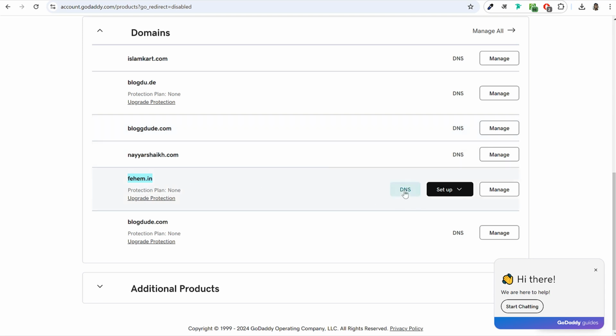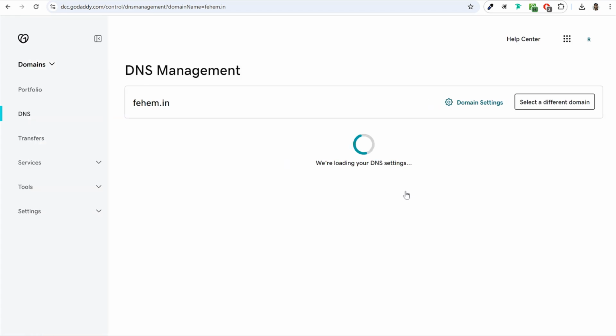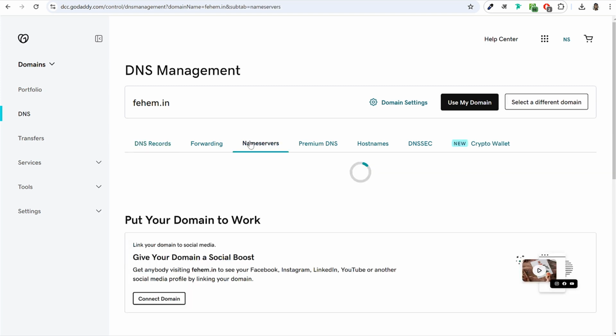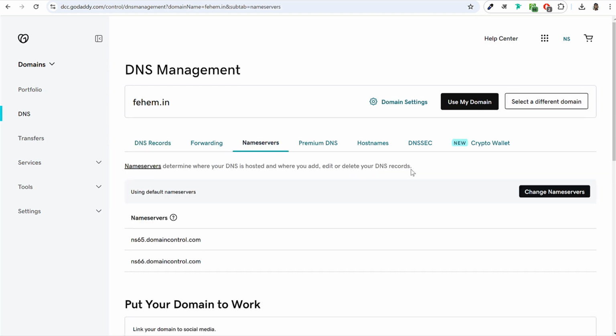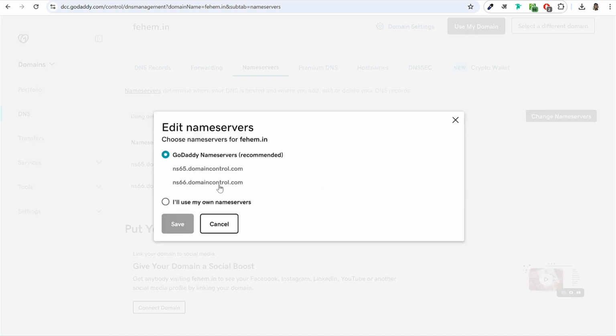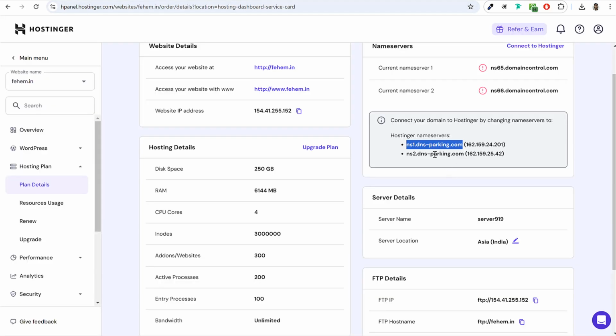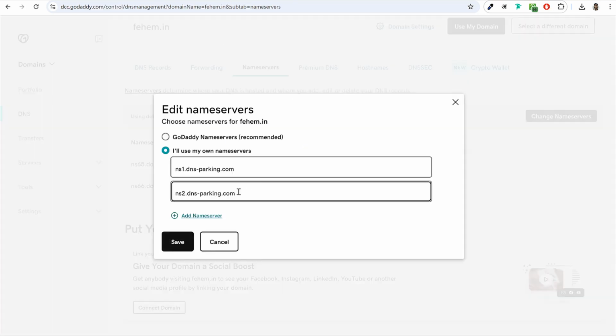Come back to your GoDaddy account or Namecheap, whatever domain name registrar you're using, go to that account and click on DNS. Every single domain name registrar has this thing DNS, which stands for domain name server. Click on that and search for name servers, which is over here. You can see name servers. Click on that. Now click on change name servers and select this option, I'll use my own name server, and under line 1, paste in this name server. Then copy your name server number 2, only this much, ns2.dnsparking.com, and paste it under name server line 2 and